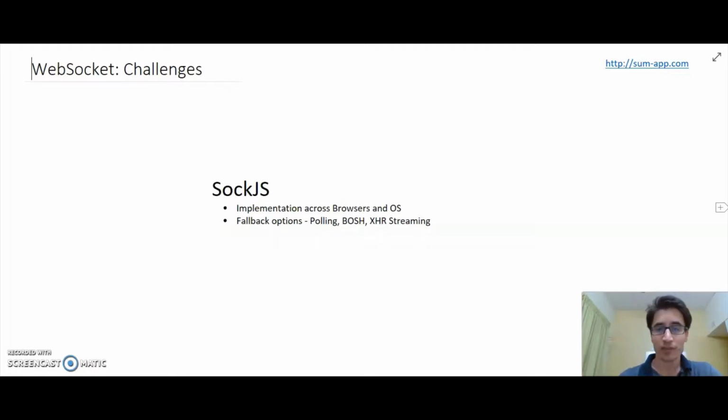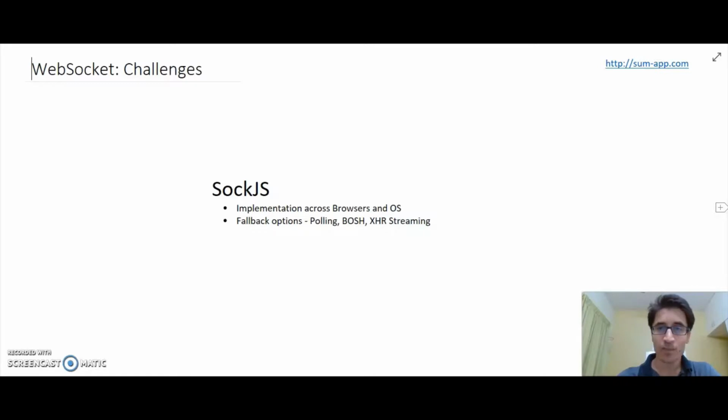At this point, we have alternatives to WebSocket. One of them being SockJS. SockJS is basically a library which enables application to consume WebSocket or WebSocket-like interface without worrying about underlying browsers and web servers.